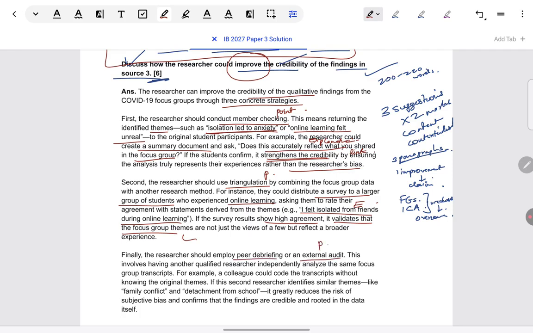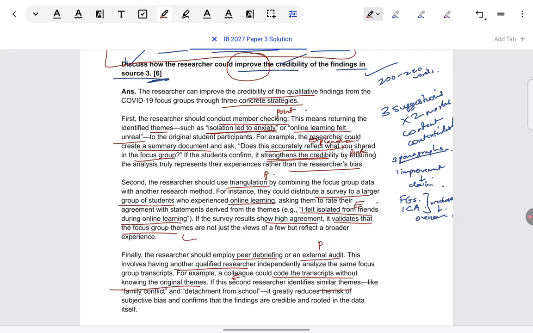Again, you've learned about this for qualitative methods. How can it be done? One more qualified researcher can join the current researcher, and whatever transcripts have been prepared by this researcher, they could code independently, in fact, blindly, without knowing the original themes. And then, if they also come up with similar themes, of course, themes are verbal, they are word oriented. No two people can come up with the same words describing the theme, but they can be very similar.